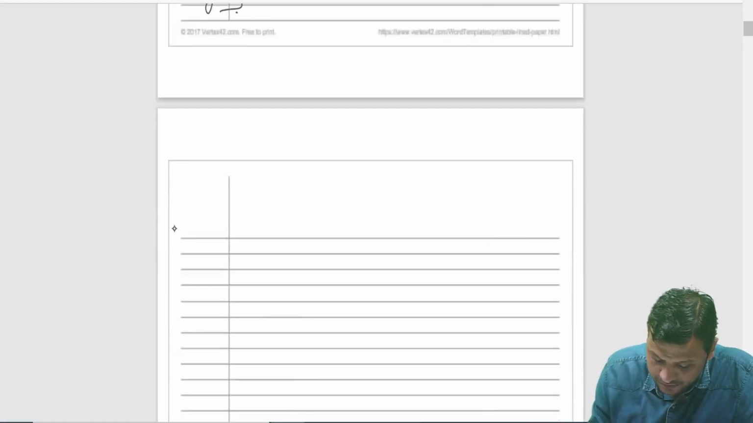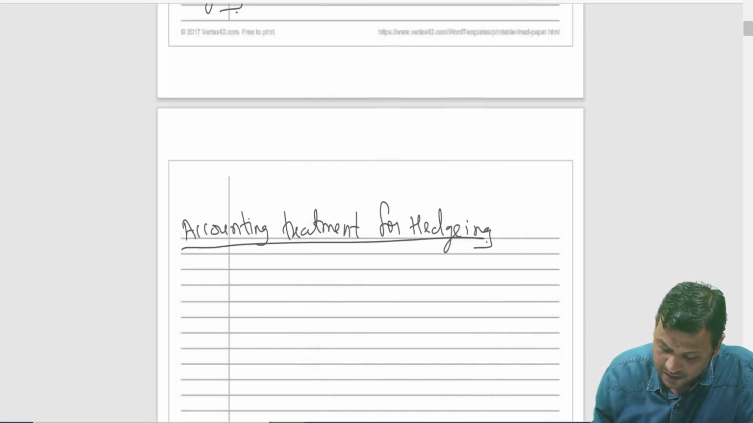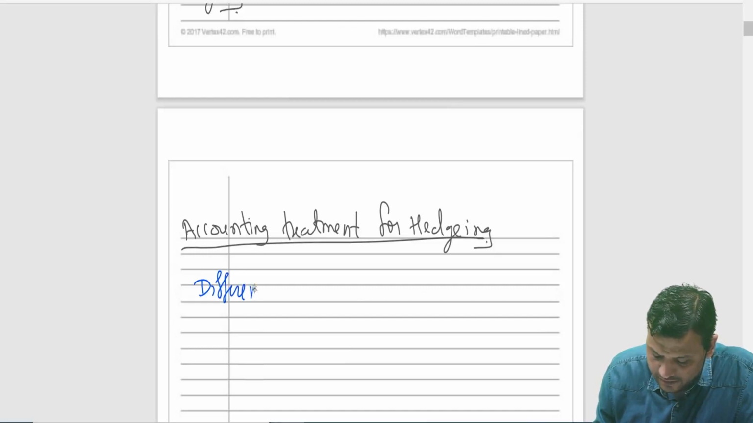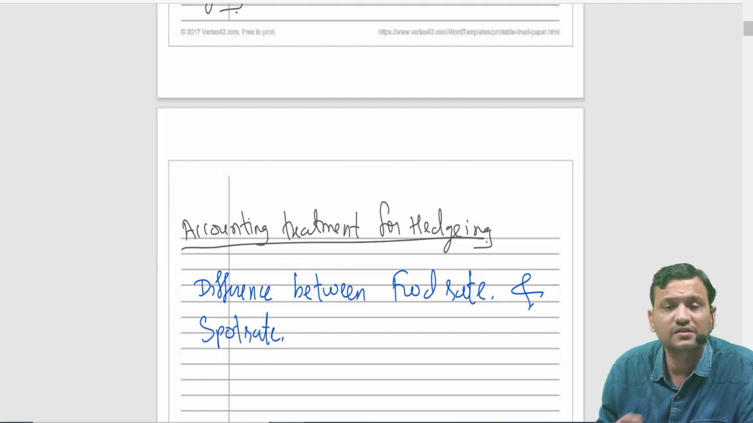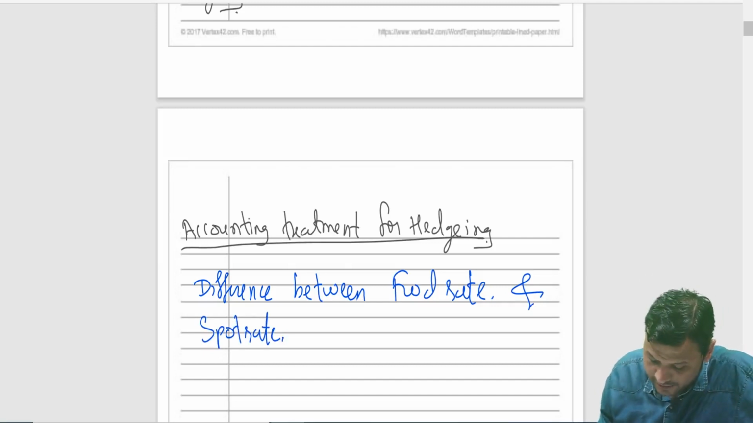Now, what is the accounting treatment for hedging? Very simple. The standard says the difference between the forward rate, meaning the rate which we have decided, and the spot rate. Spot rate is nothing but the rate of the currency today. Today, at what rate are people exchanging? So the difference between forward rate and spot rate